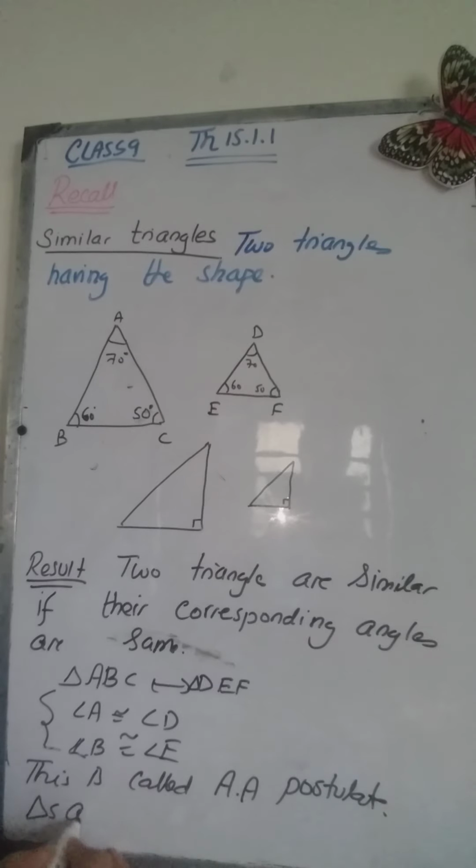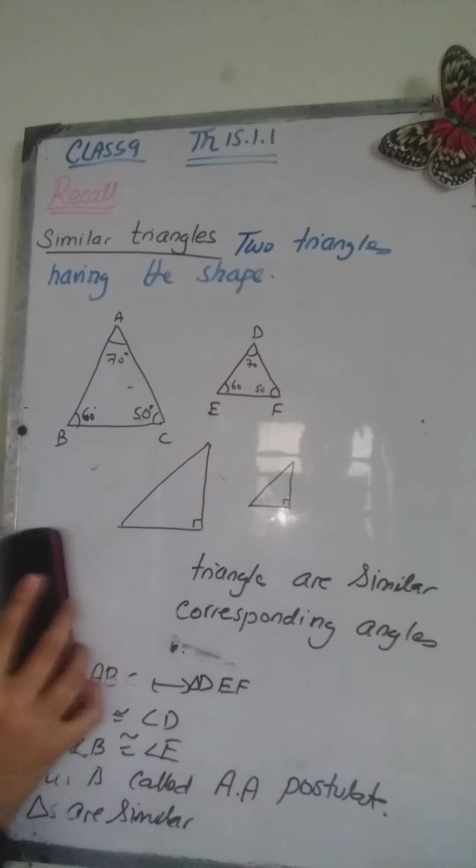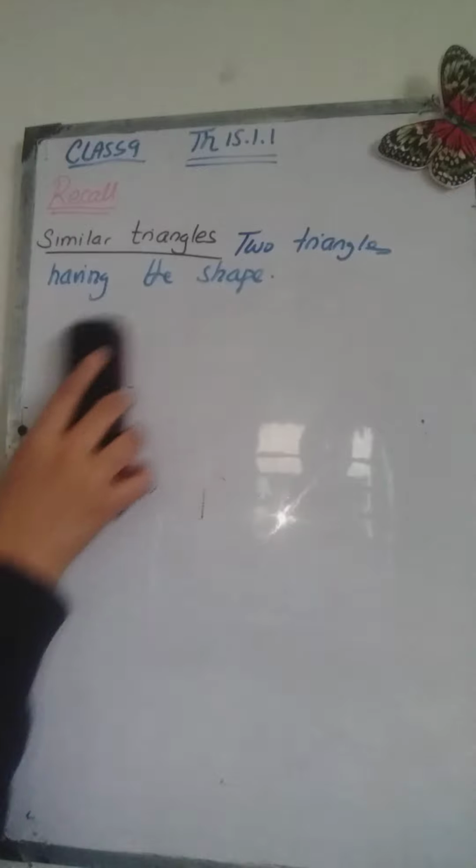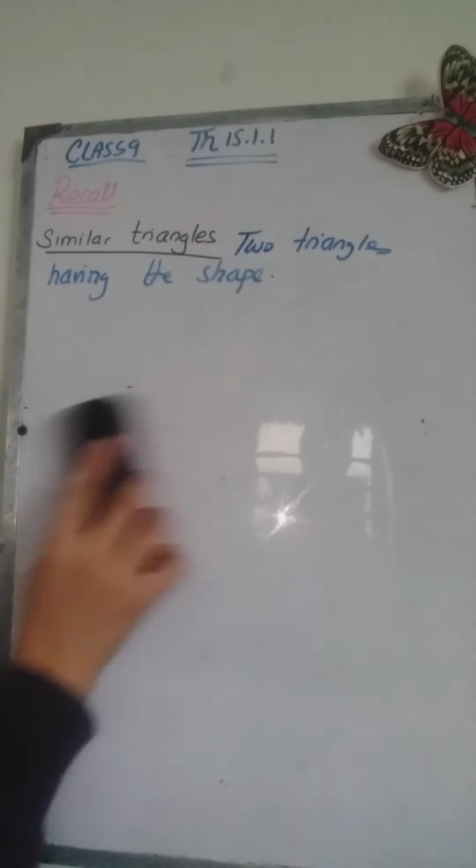Okay, triangles are similar. We are going to use this postulate, and also we are going to use another theorem, theorem 14.1.4 in your book. We are going to use that theorem to prove theorem 15.1. The theorem is also about similar triangles. That is the property of similar triangles,